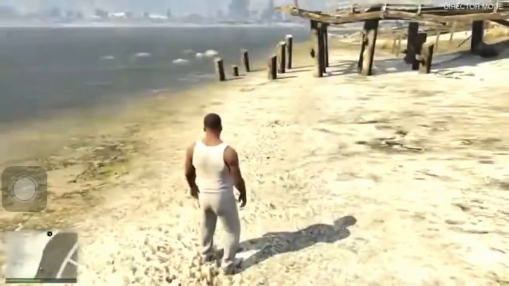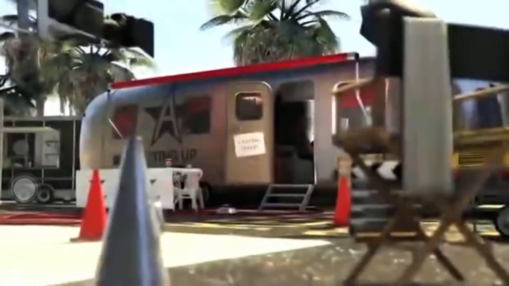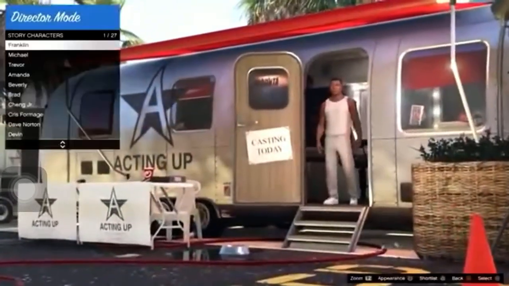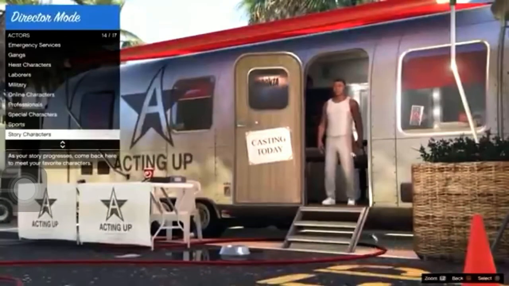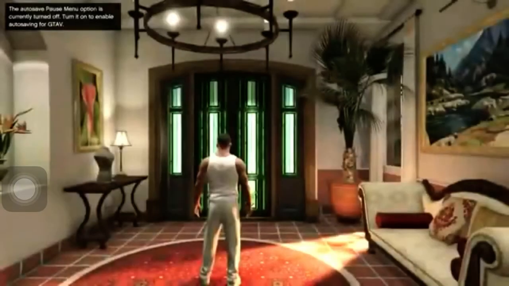Once you've loaded into director mode with Franklin, you just want to simply kill yourself. After killing yourself, it's going to automatically load you back into the director mode trailer. Once it does that, you want to back out of this menu, and go down to exit to story mode. Then accept the alert. At that point, it's going to load you back into story mode, standing in Michael's hallway